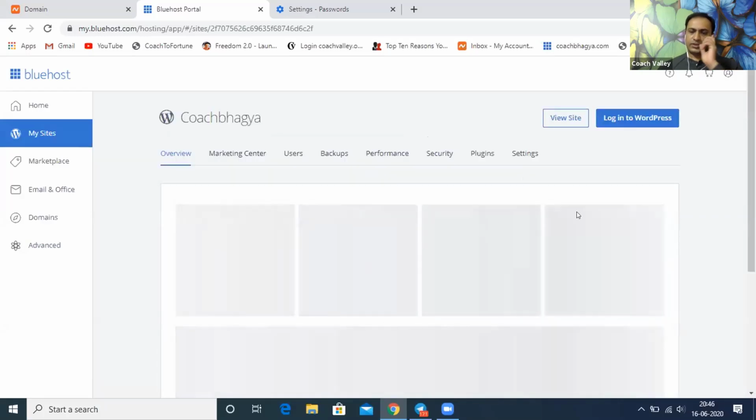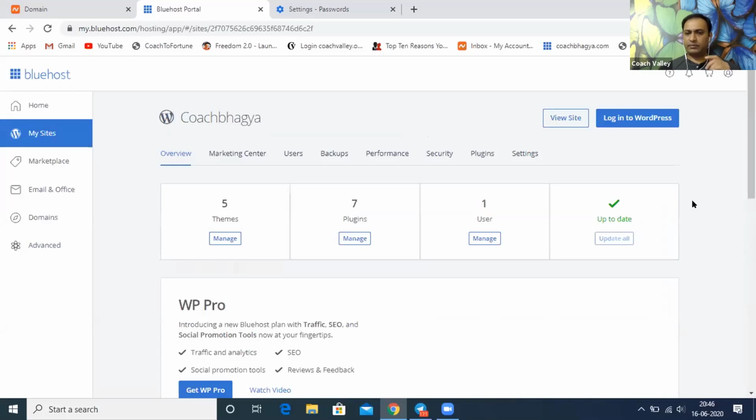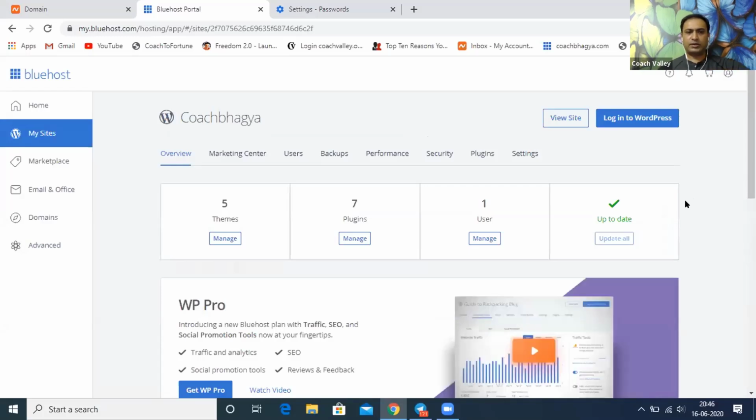Okay, so this is very important. So everybody, please observe what I'm telling you here. When we come to manage site, these are some things which we need to clearly check once before we go into WordPress. So there are some themes, there are some plugins, there's user and manage and all the stuff. So these things we need to check. Here, mostly two main things which we need to observe are the plugins and the users. Currently, you're the only user, okay?